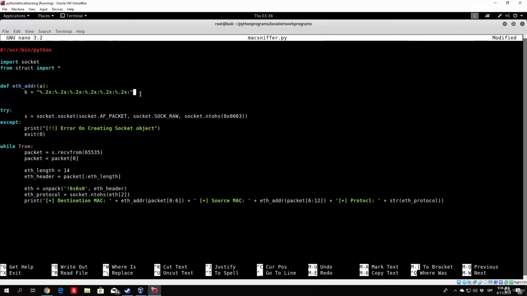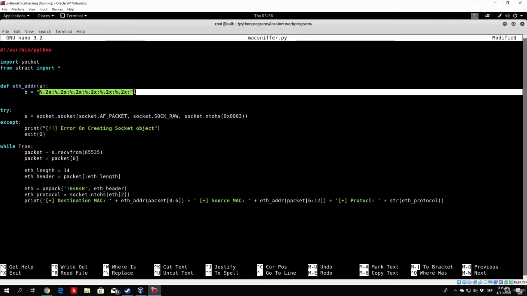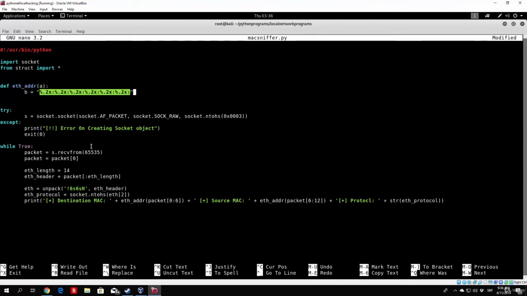Now this is just some Python syntax, so don't worry, this isn't anything referring to these two libraries or the packet itself. This is just how we specify to print this MAC address right here. And basically what we need to paste between each of these percent signs is, first of all, let's add the percent. And all we want to do is add open and closed